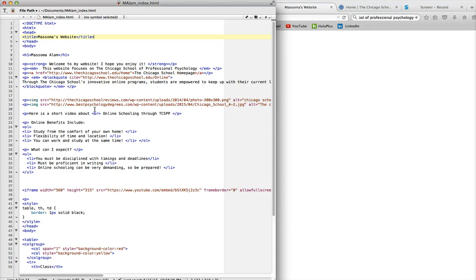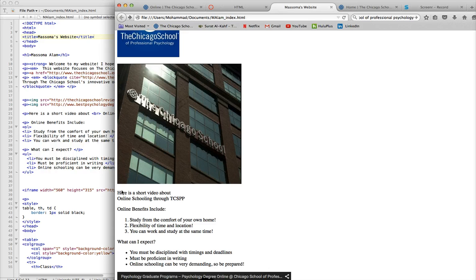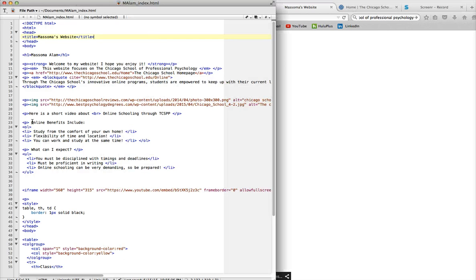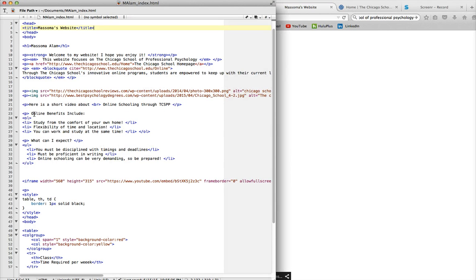Then I just made another paragraph and I made a break in between. This one doesn't need a close. Don't need to end this tag. So it just breaks the line where you could see here. Here is a short video about, and breaks, and then it goes to the next line. Then I wanted to make this